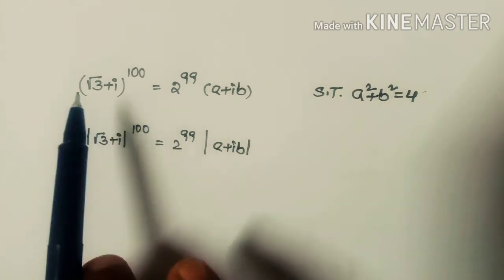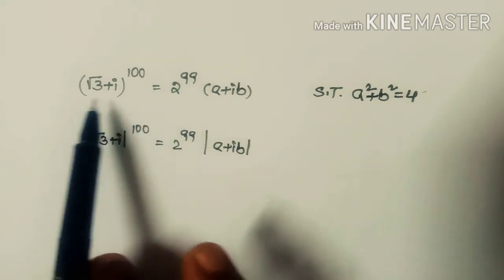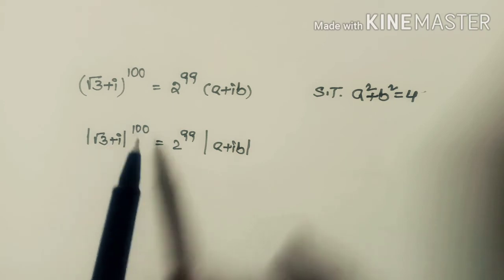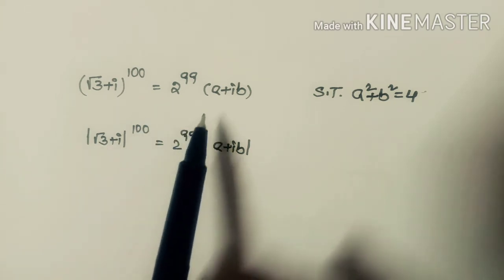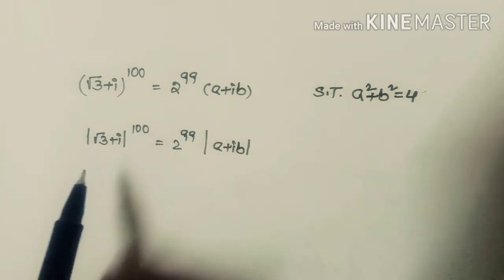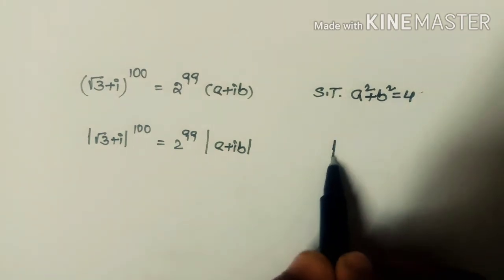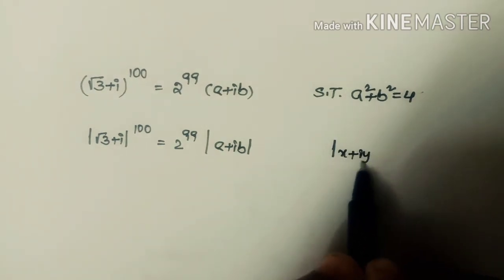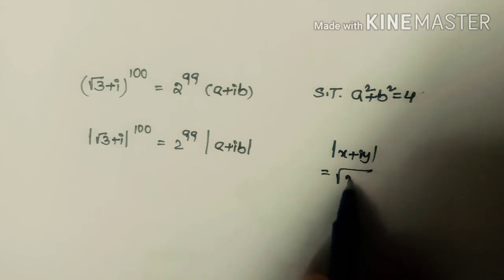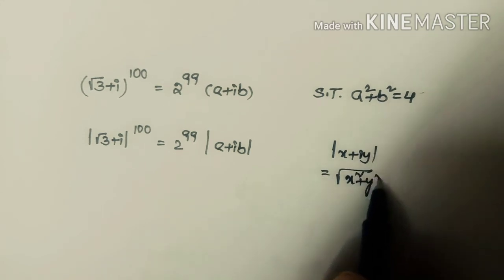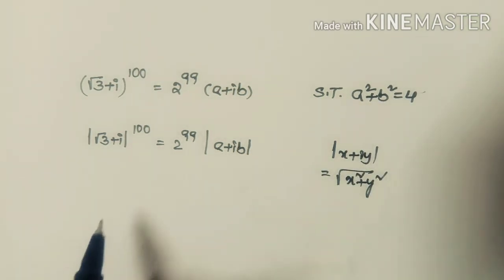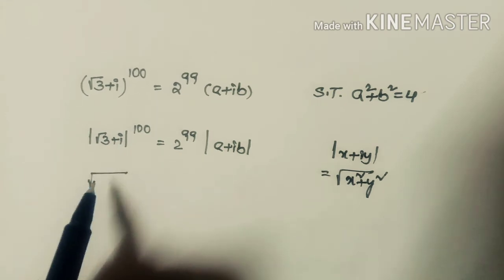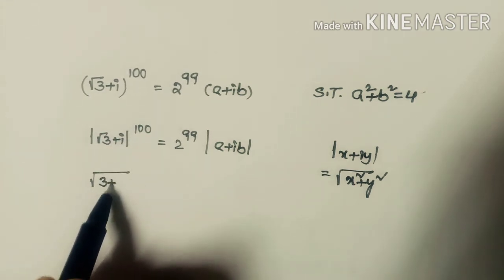That is, first we apply the modulus to the given equation. So that is modulus of root 3 plus i power 100 is equal to 2 power 99 into modulus of a plus ib. Now what is the modulus value? Mod x plus iy is equal to, the formula is square root of x square plus y square. Now this is the formula. By applying that formula here, now this is square root of root 3 whole square, that is 3, plus